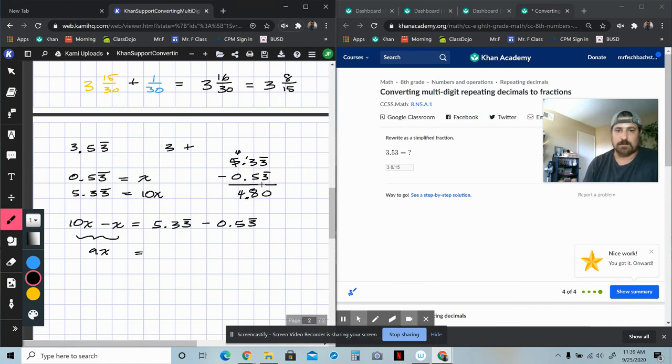So then we're going to undo times by 9, divide by 9 both sides, and we're going to get x is equal to 4.8 over 9, which is the same as 48 over 90, which is the same as, divide top and bottom by 3, you're going to get 16 over 30, which is the same as 8 over 15. And notice that's the same thing we came up with before, right? So this would be the algebraic method. So this is like kind of the Kahn algebraic method that you could use